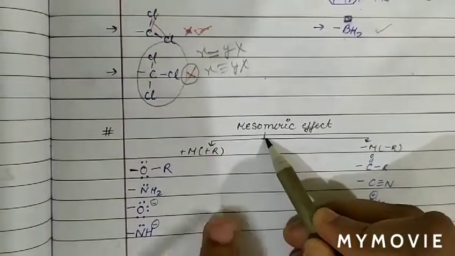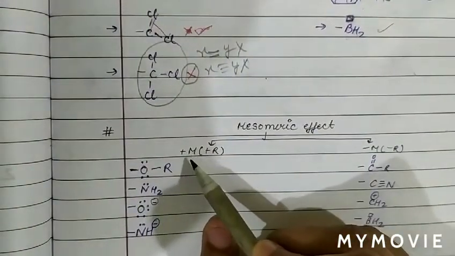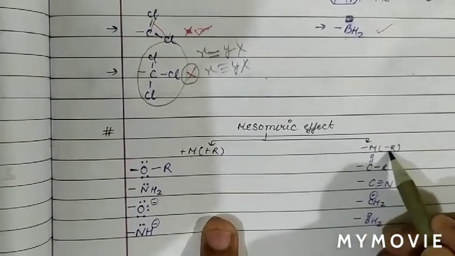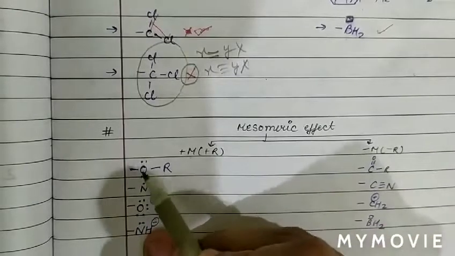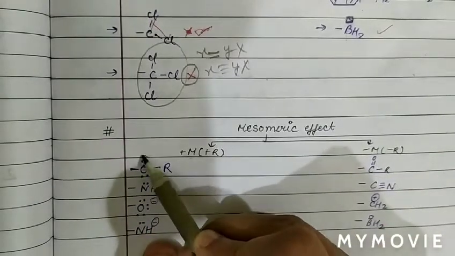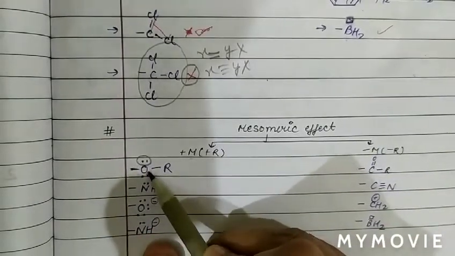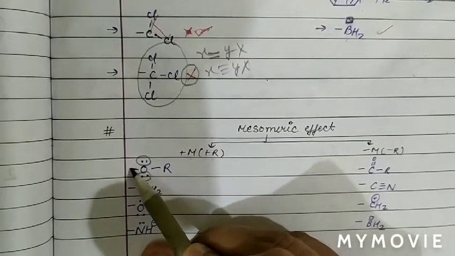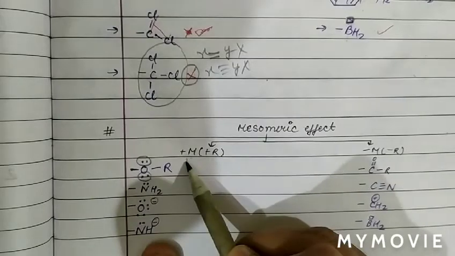So we have discussed the mesomeric effect of two types. One is plus M effect or plus R effect, and one is minus M effect or minus R effect. When an atom has at least one lone pair and it is attached to the conjugated system, then we call it a plus M group